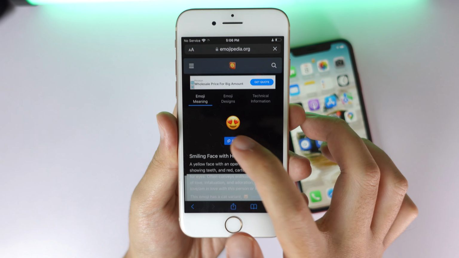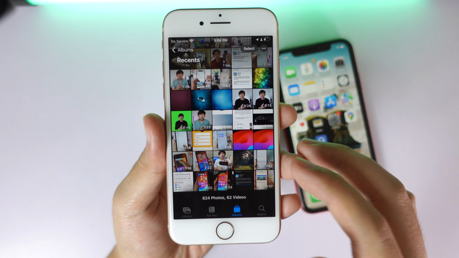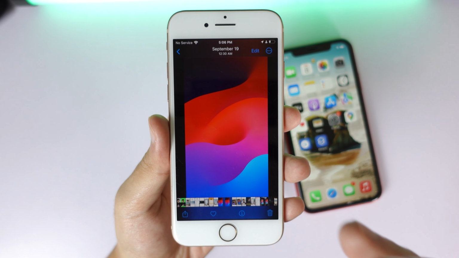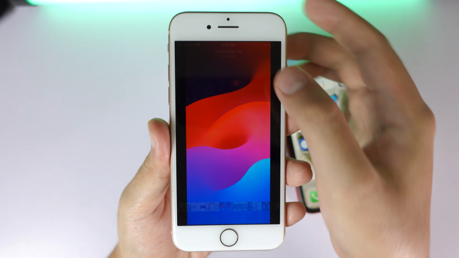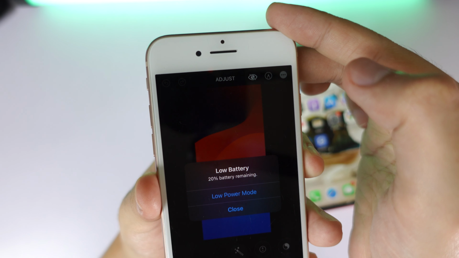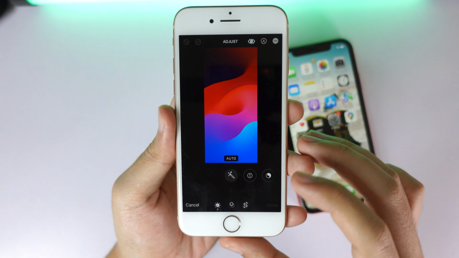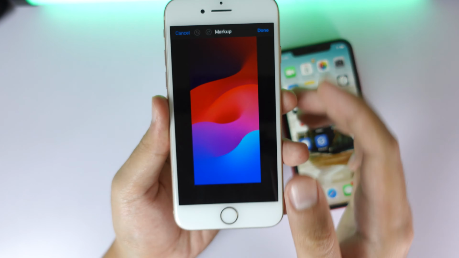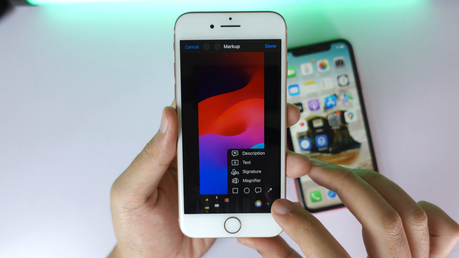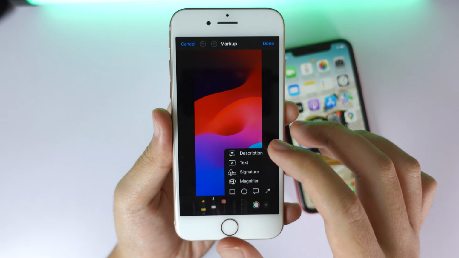And now you're gonna click on copy, and now you need to select the wallpaper that you want to set on your iPhone and place the emoji. So let's say I'm gonna select this one. All you have to do, just click on the edit button, and after you click on edit, you're gonna find a pencil button on the top. Just click on it, and then I'm gonna click on the plus button at the bottom,